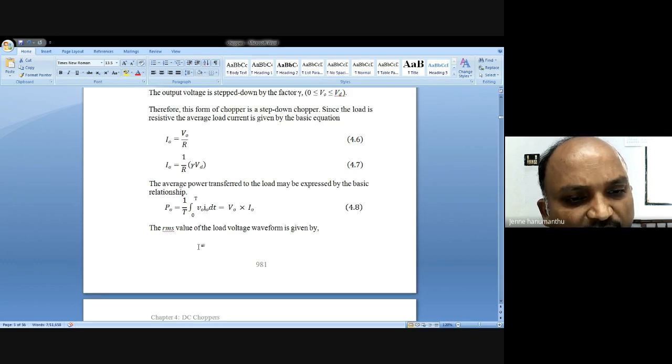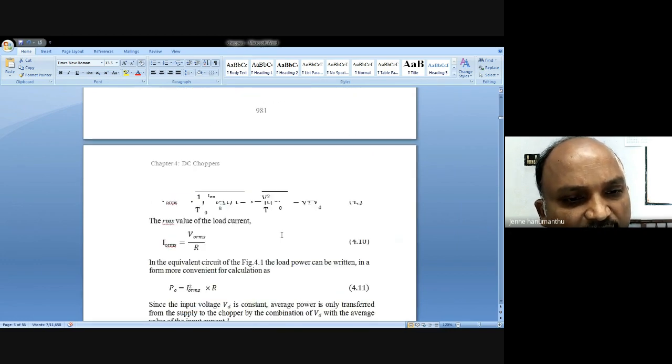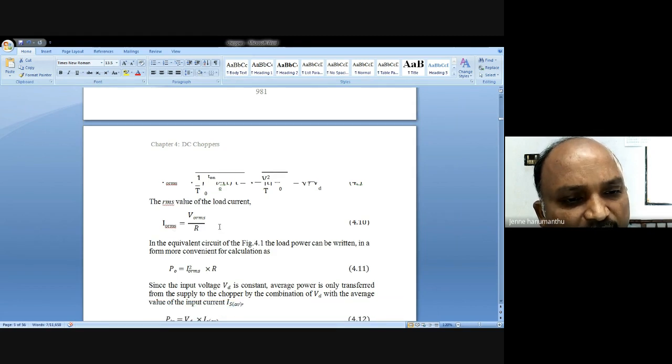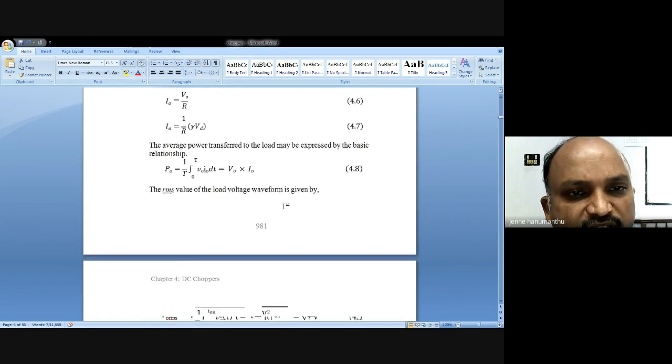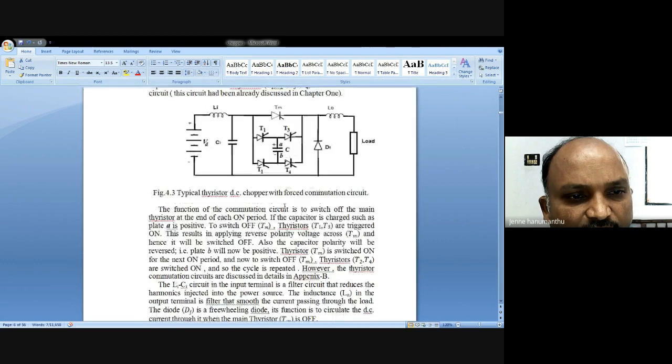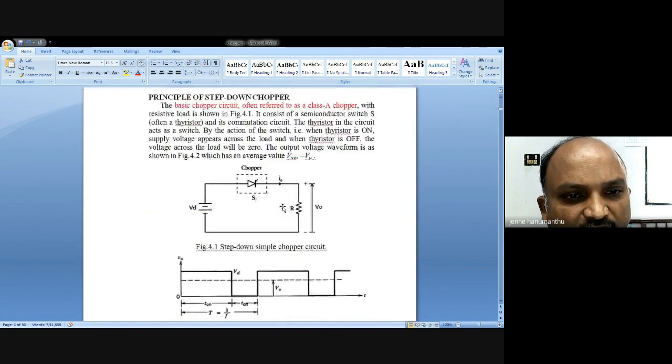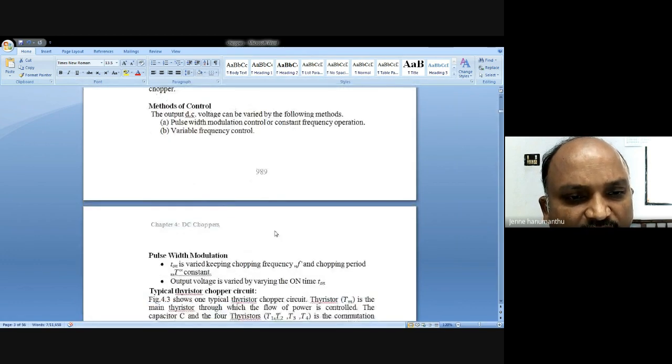The RMS value of the load current can also be calculated: I naught RMS equals V naught RMS by R, where R is in the equivalent circuit of 4.1, our circuit.